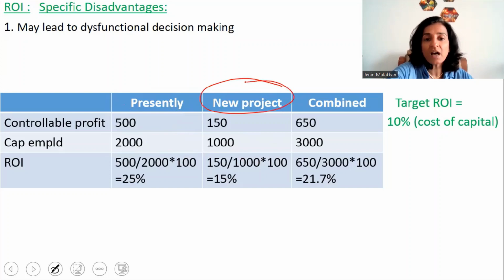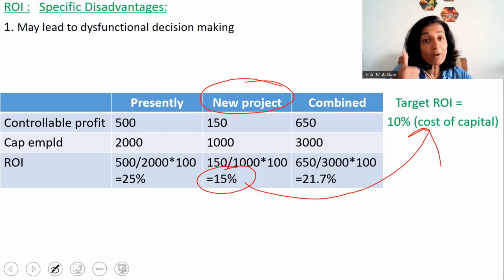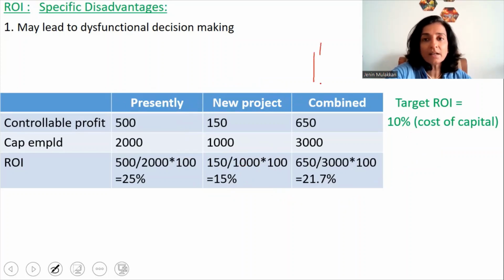Now this new project's ROI, since it is 15%, which is greater than the cost of capital, rightfully the manager should accept the project because it will be beneficial for the company. But just look at the combined return on investment if the new project is accepted by the divisional manager. Controllable profit will be 500 plus 150 equal to 650. Capital employed will be 2,000 plus 1,000 for the new project, which is equal to 3,000. So the combined return on investment will be 650 divided by 3,000 into 100, or just